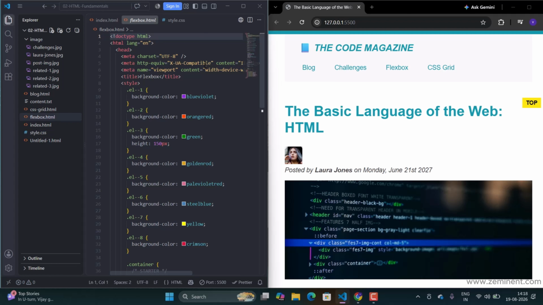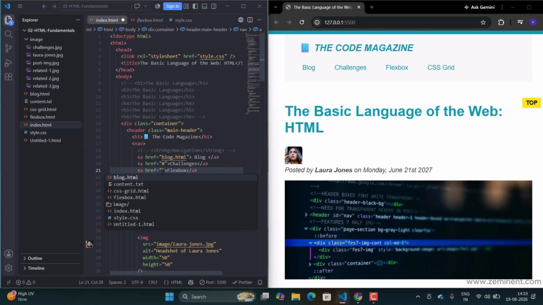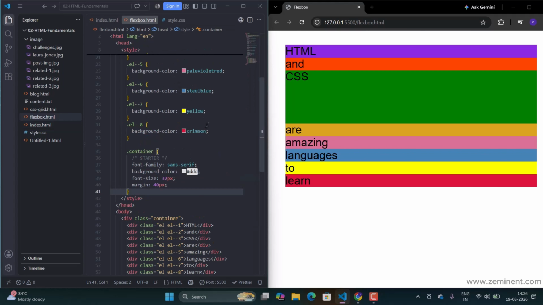Now when we look at the VS Code sidebar, we can see the flexbox.html. This is the starter file that will help us to learn the basics of Flexbox in isolation. In the index.html, we already have this Flexbox and CSS grid, and let's connect them. Flexbox.html. In here, we will give CSS grid.html. So when I save this, if I go here, and click on the Flexbox, it comes to the